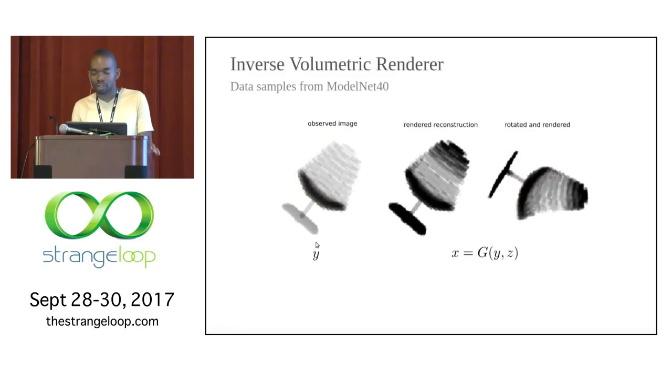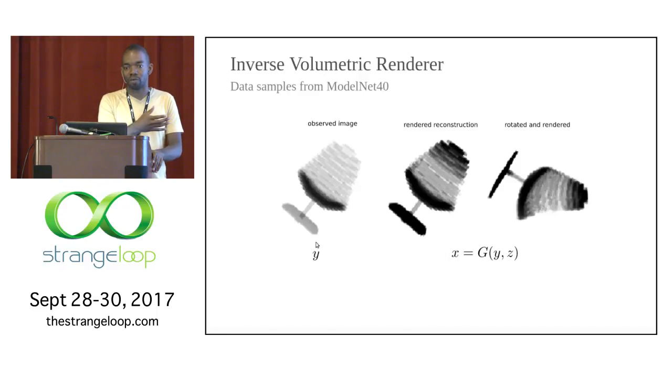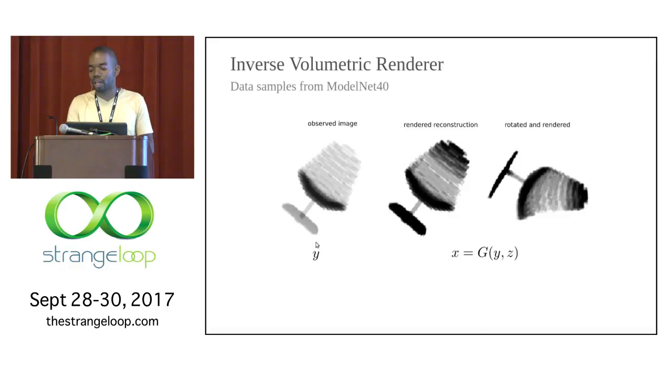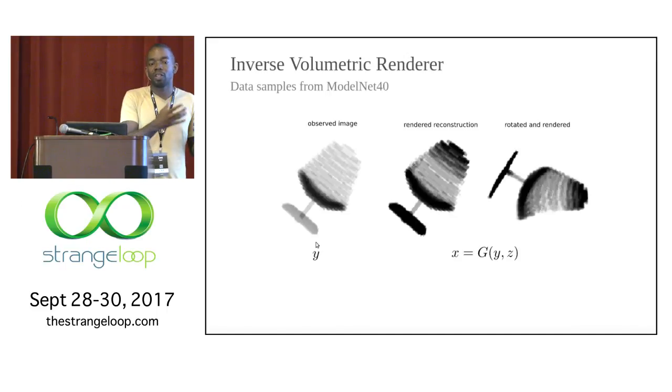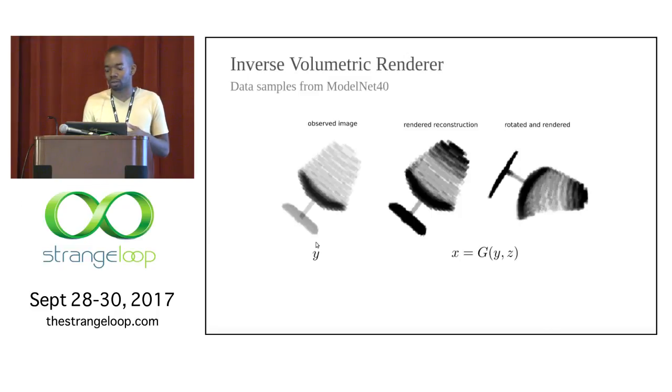And so here's a simple example. It's not the most complicated renderer in the world, but we still think it's pretty cool. So on the left-hand side, we have the observed image, so it's the input to the parametric inverse. And in the middle, you have the output of the parametric inverse. I can't show you a real 3D shape here, so I have to render it again. But on the right-hand side, I'm just showing you the output of the parametric inverse rotated to a different orientation, just to show you that we actually can construct three-dimensional shapes from two-dimensional images.